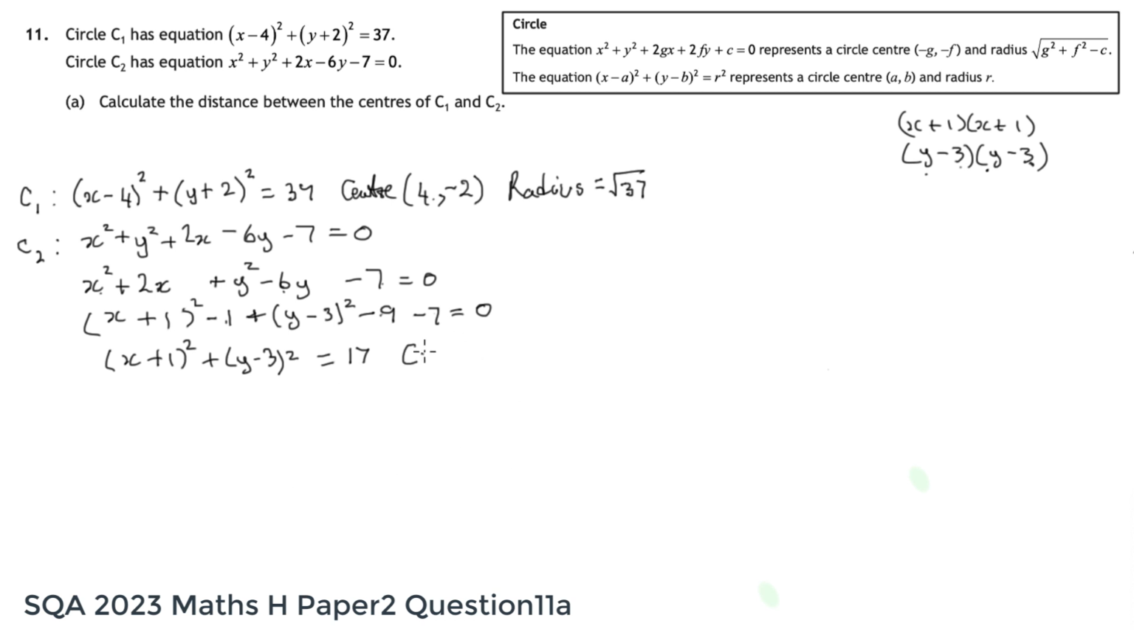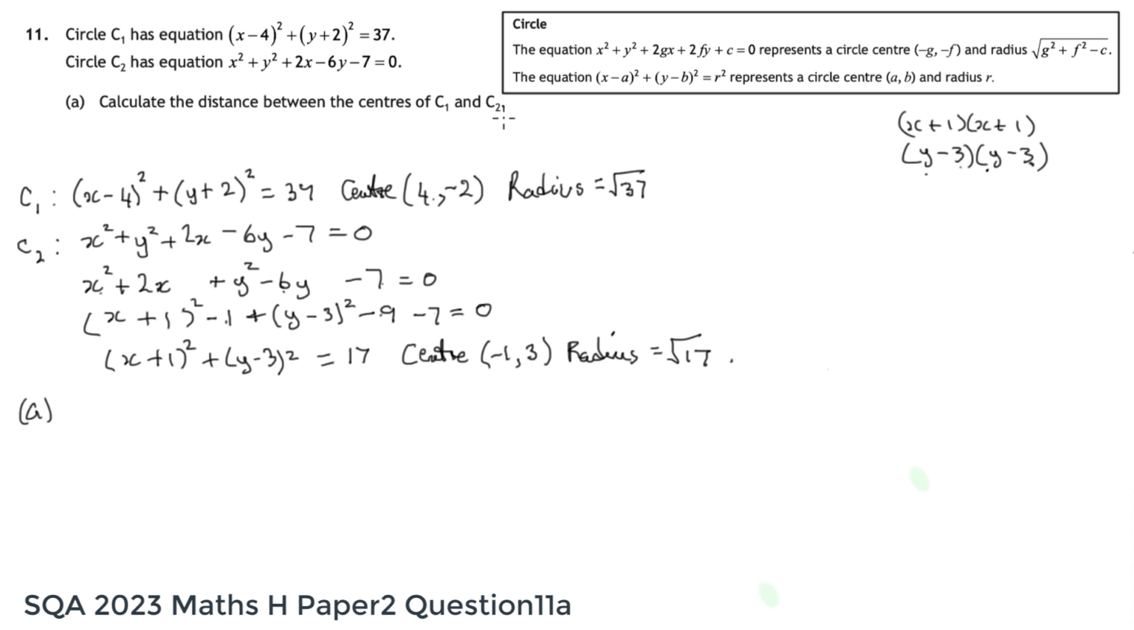And we can immediately say that the centre, just like we did in the first case, is: change sign, -1 for the x coordinate, change sign, -3 becomes 3 for the y coordinate. And the radius, well, 17 is the radius squared, so the square root of 17. So that's the information we've got, and we're asked in part A to calculate the distance between the centres of